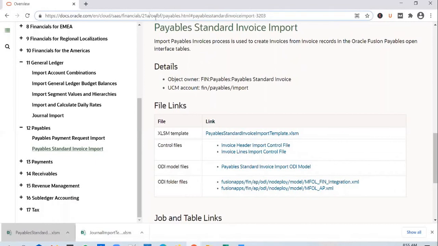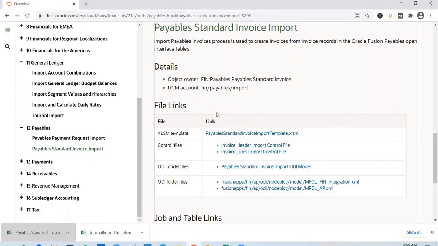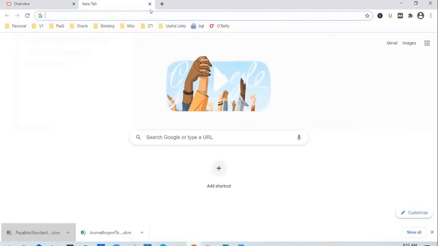Now, two points here. So we are not downloading the templates from Google. We went to Google to find the documentation link. Even if you don't want to go to Google, we are going to docs.oracle.com through Google because it's quite easy, right? So anybody does it in real time as well.